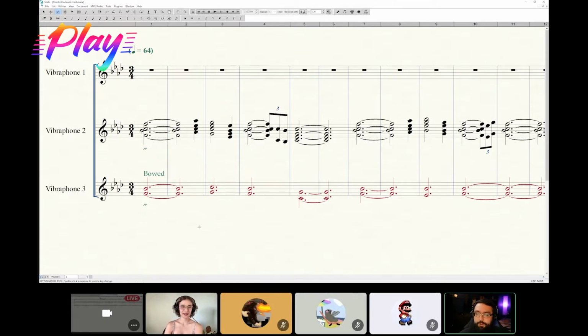There's some bowed vibraphone, and this staff switches to glockenspiel about halfway through. So I went in and made sure that Finale would interpret the layers correctly, so hopefully it sounds more or less similar to what the composer arranger intended. I know it was originally playing back vibraphone only, which is not what this is supposed to be. So we'll go ahead and take a complete listen to it.